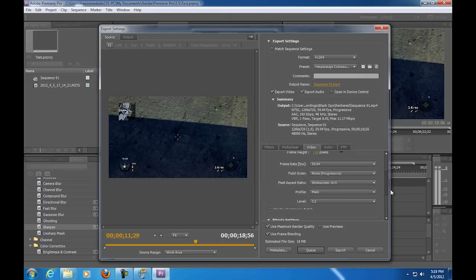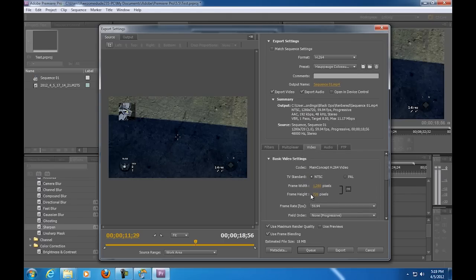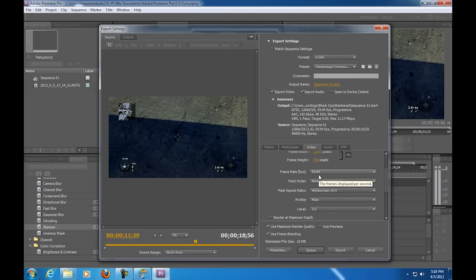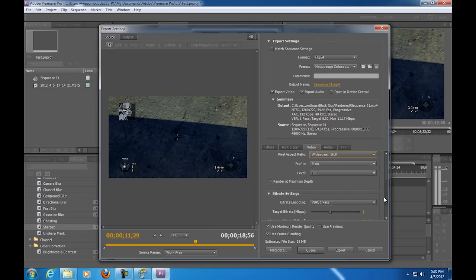Let's just read off the 720p settings really quick. Frame width is 1280, the height is 720, frames per second is 59.94, field order is none, pixel aspect ratio could be square pixels or 16:9, profile is main, and level